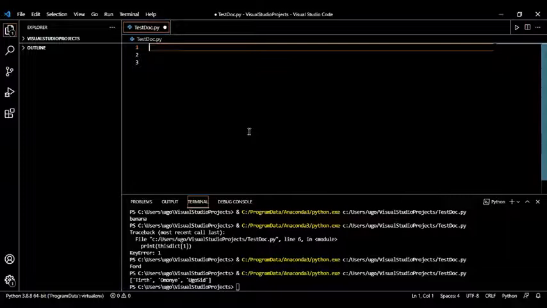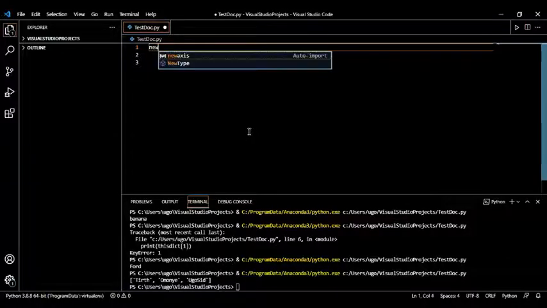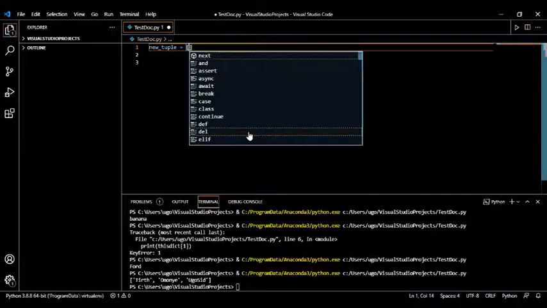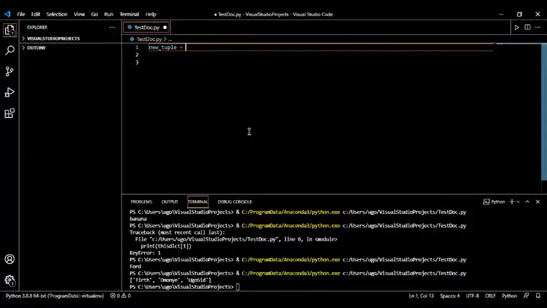So let me call this new tuple, all right, and equals to, remember when we wanted to initialize the list, we had to use square brackets. But if we're initializing a tuple, we use curved brackets. And then again, let's have